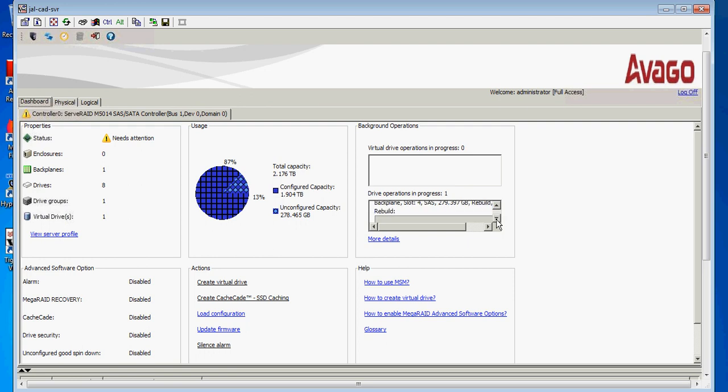It shows rebuilding here. Now it will take some time for rebuilding. It will take time.